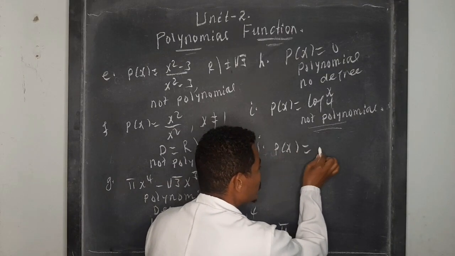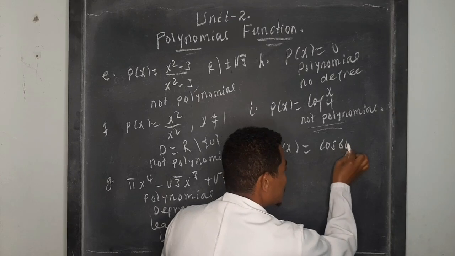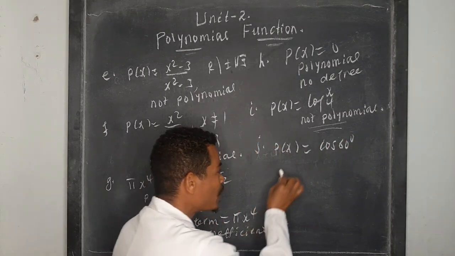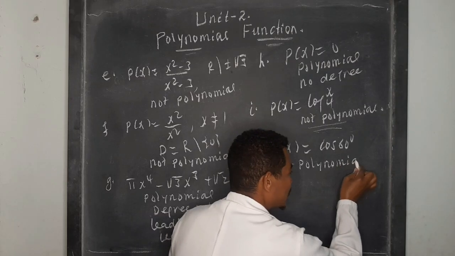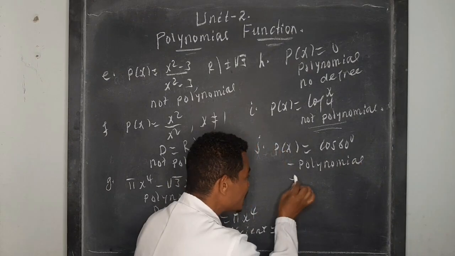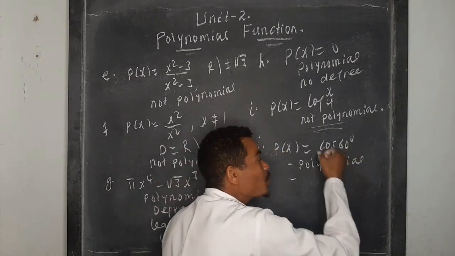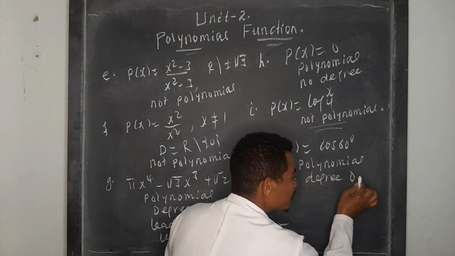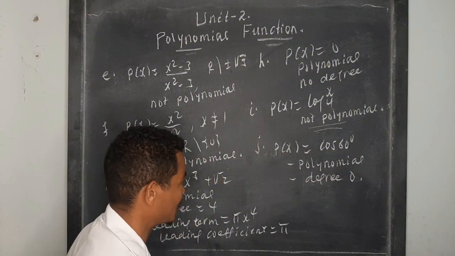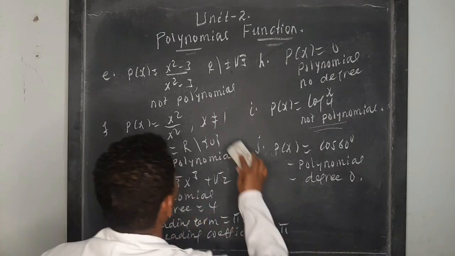J. P of x is equal to cos 60 degrees. This one is a polynomial, right? It is a polynomial with degree 0, because it is a constant polynomial. Okay, the next one is